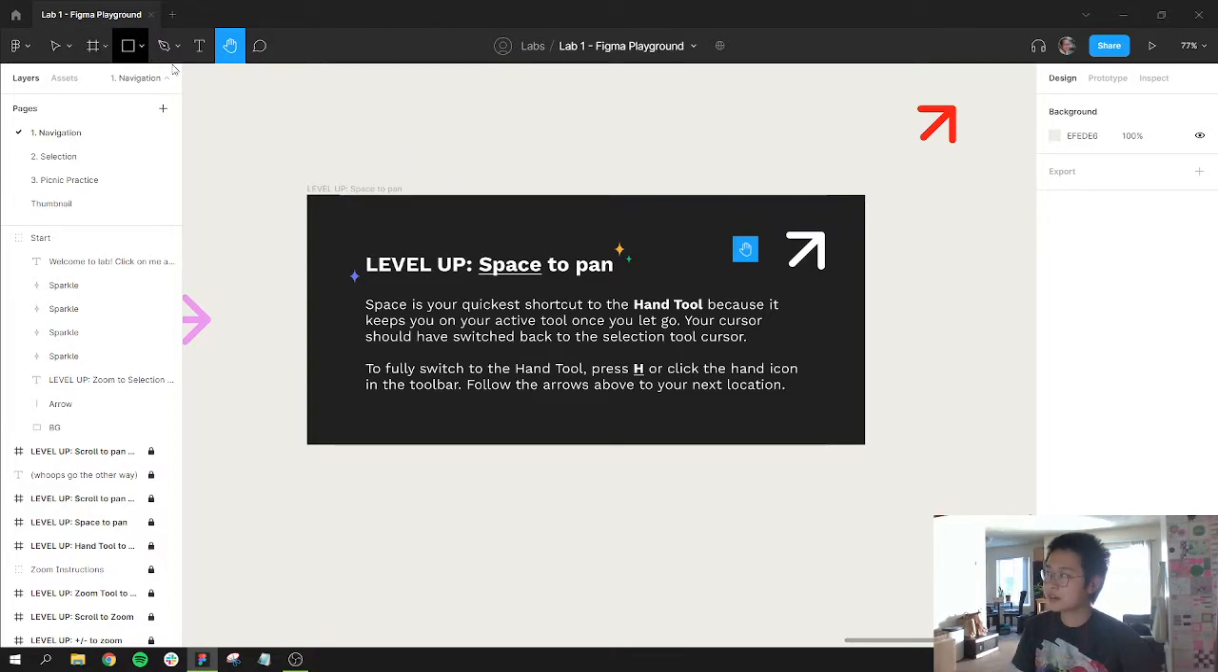So if I want to make a rectangle, I can press R and I'm on the rectangle tool. You can see through this little plus sign crosshair that I'm on a shape tool. But if I press space and let go of space, I'm going to go right back to the tool I was using. So it's the easiest way to pan without disrupting your workflow or interrupting whatever you're currently working on. So we're going to switch now to the hand tool by clicking this and follow the arrows